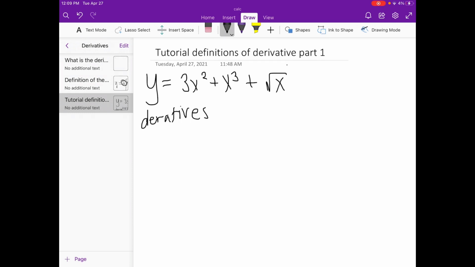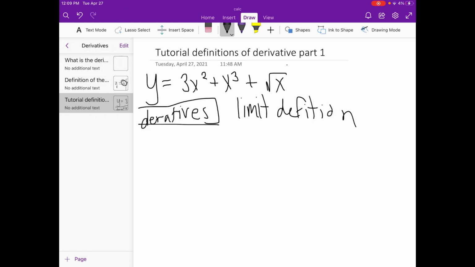I want you guys to find the derivative and leave it in the comments, and I will confirm if your answer is correct or not. And I want you to use the limit definition of the derivative. So pause the video, do this question. It's a very good one. It'll test